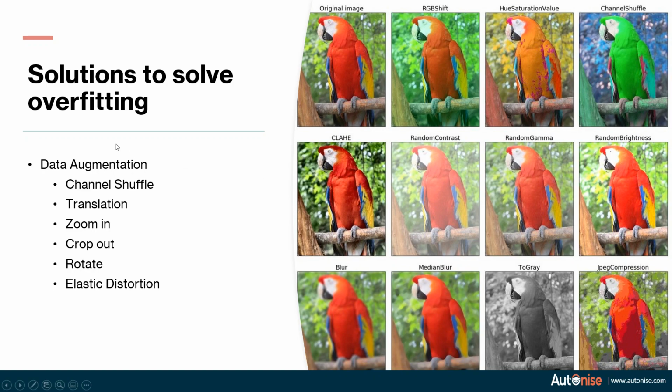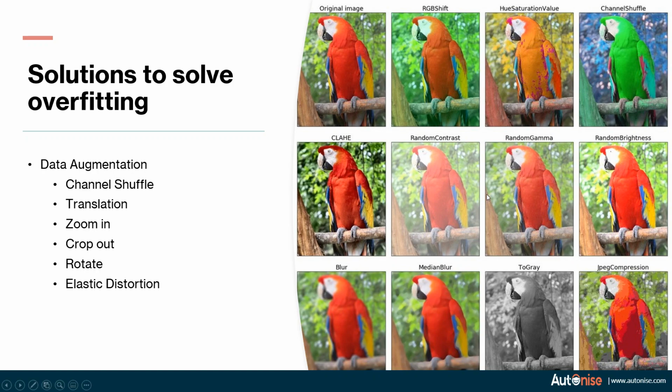The first is channel shuffle. So you can see the top right image over here. In this, we have interchanged the red, green, and the blue channel. What happens is that the image looks like this. Even though the image is not looking natural, you can easily say by looking that it's a parrot. So what it means is that even though the channel has shuffled, the task of the neural network is still doable. Hence, by changing the channel, we can create 6 different combinations and our dataset size increases by 6 times.